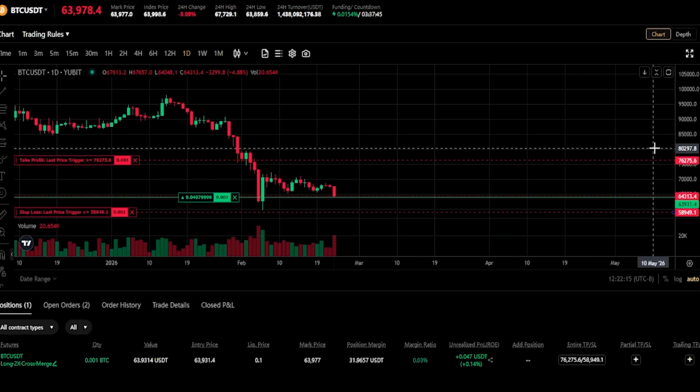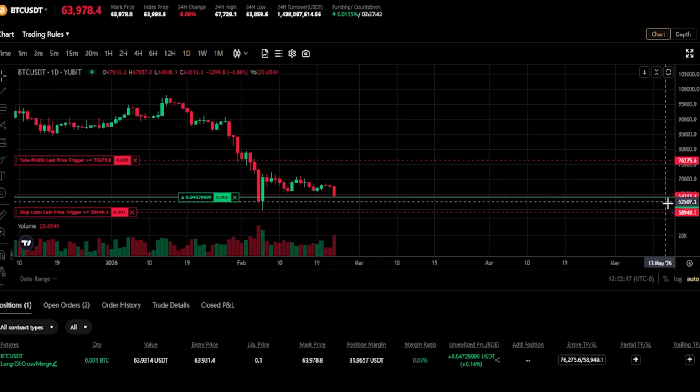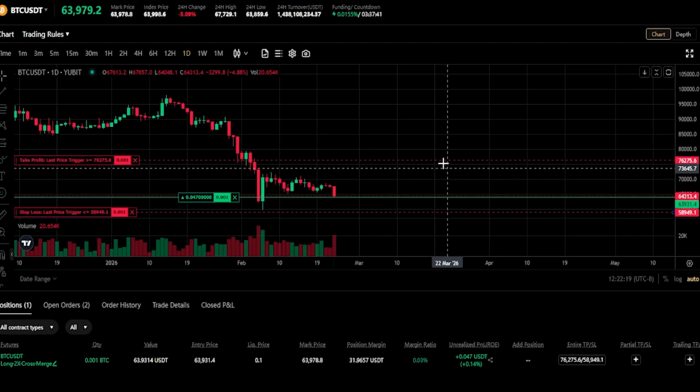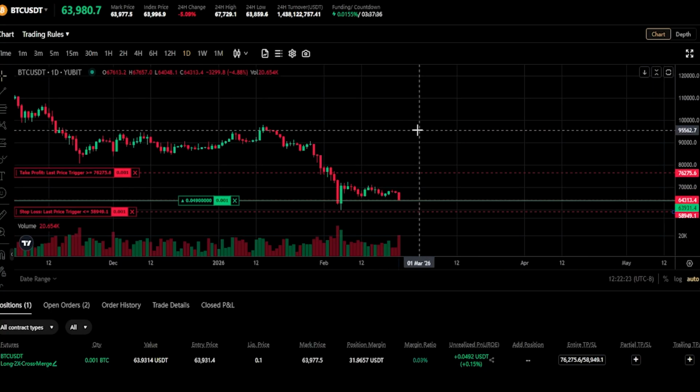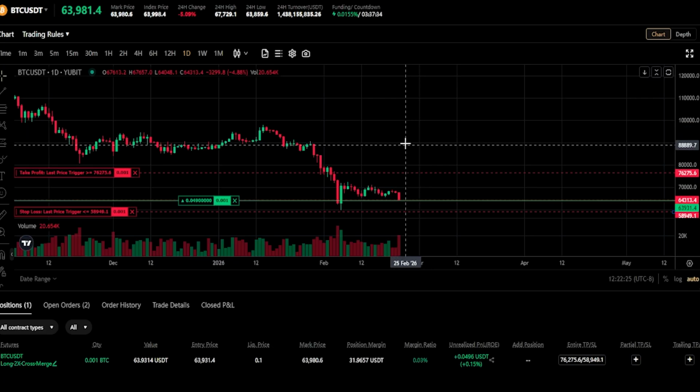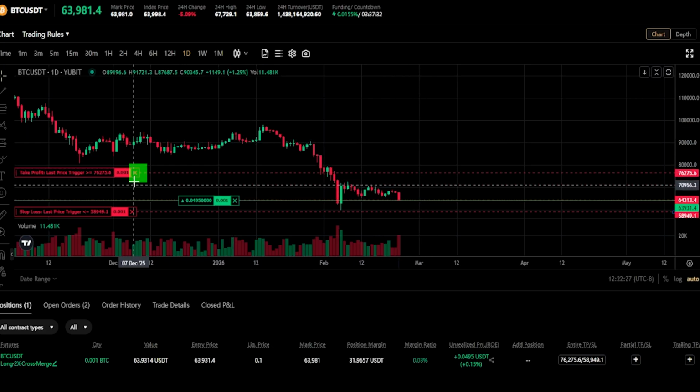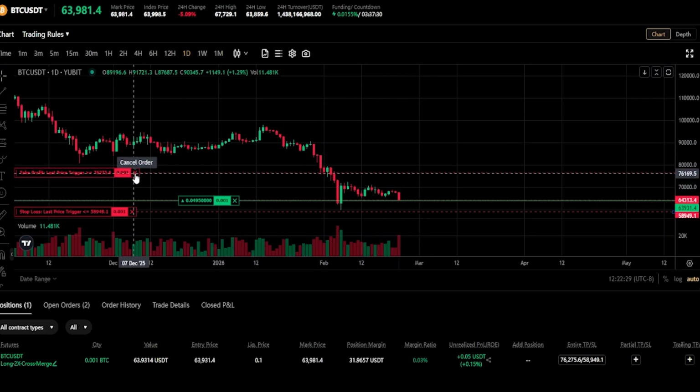Let go of left click. Now, as you can see, I just amended the stop loss down to 58,949. Now, if you want to cancel either of these, you can easily do that by coming over to this little X inside this box right here. You can see cancel order pops up, so you can just left click on that to cancel the order,